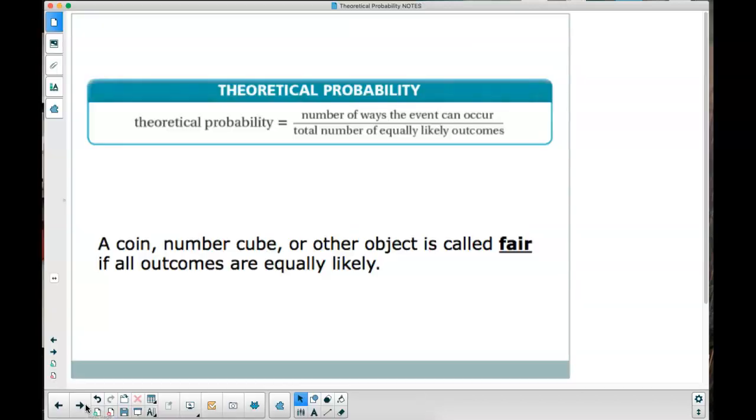Okay, so yesterday we talked about flipping a coin. When I flip a coin, how many possible outcomes are there? 2, right? What are the possible outcomes when I flip a coin? Heads or tails? Okay, so when I talk about the number of ways the event can occur,